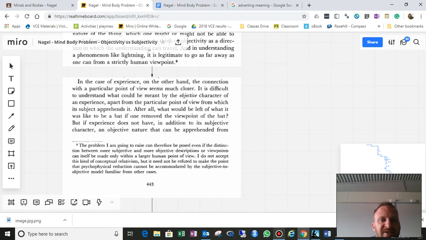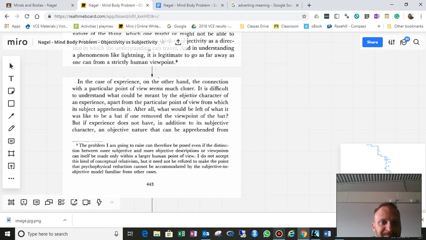We all understand that experience has a particular point of view, and that's how experience is kind of apprehended. So if we understand that that's what's in common with all other forms of experience, maybe that's the objective component of experience that we can understand, but we can't understand the other stuff, yeah? Or we can't fully know or conceptualize the other stuff.